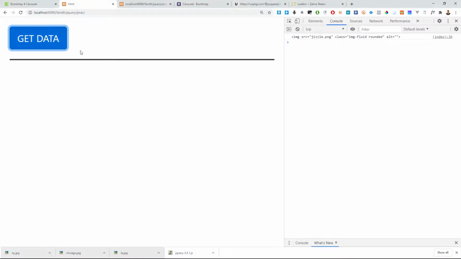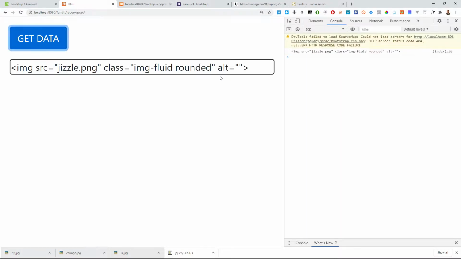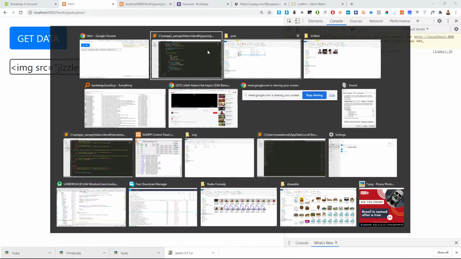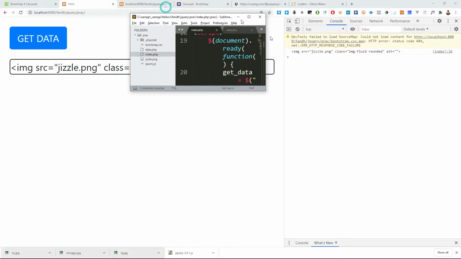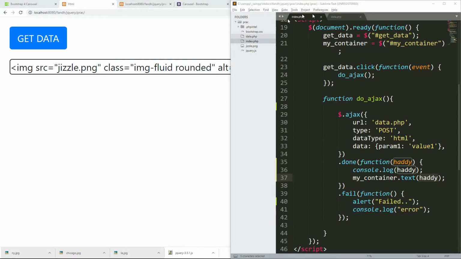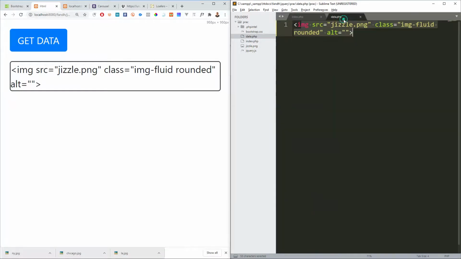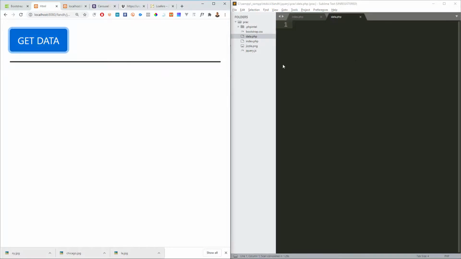So let us come and see. Refresh. So I click tab. Can you see? JSON and whatever. So whatever is inside this file of data is being fetched and then updated here. So if I delete it right now, I save, I click here. Can you see? There is nothing.